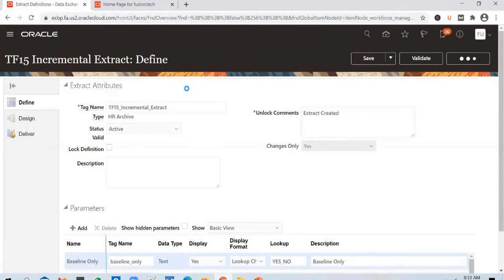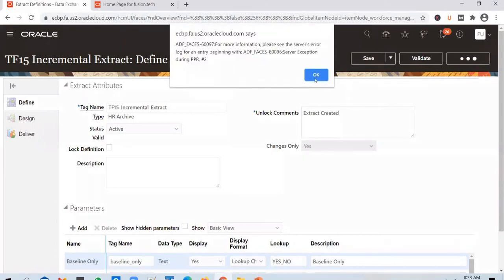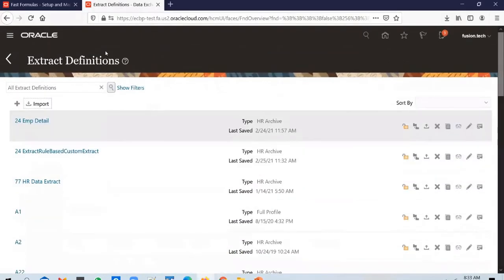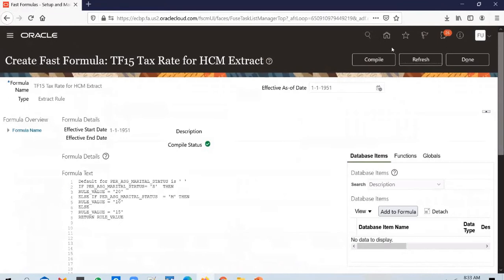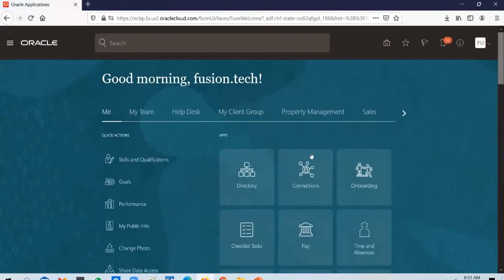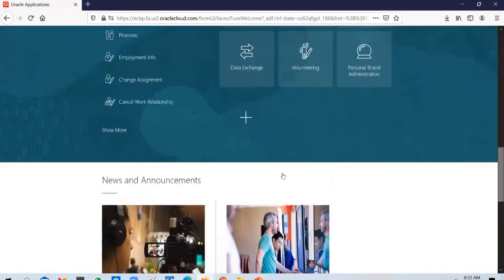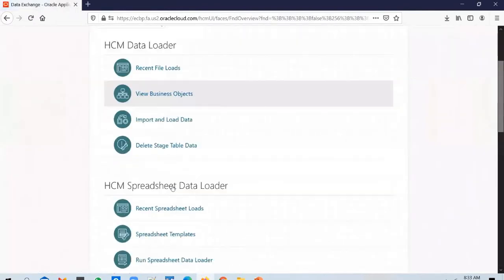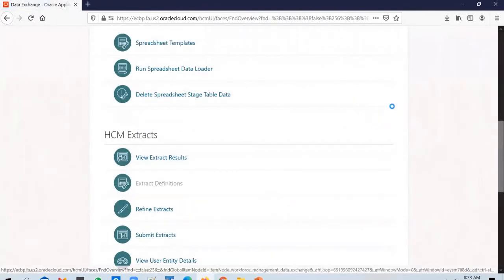It is not letting me navigate to the design tab. Let me try to create and open the extract from Mozilla. Let's go to Data Exchange. Let's see extracts.